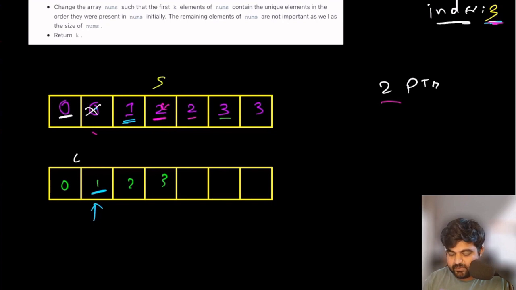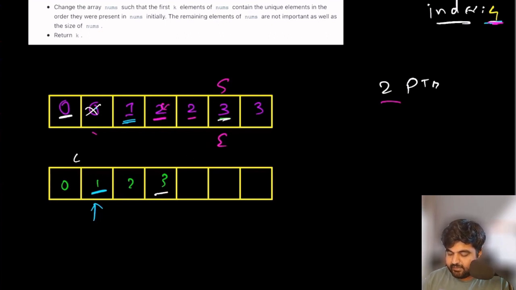Since it is the same value, starting pointer is going to remain here. Ending pointer was here, it didn't find anything, so now ending pointer will go to the next value. Next value is a distinct value. Again, distinct value, starting and ending pointer become at the same position. Index value becomes 4, and the value we added to our input. So we added value number 3 to our answer.